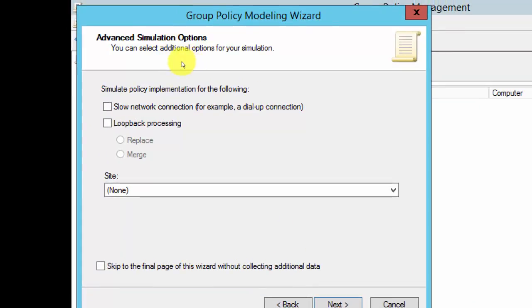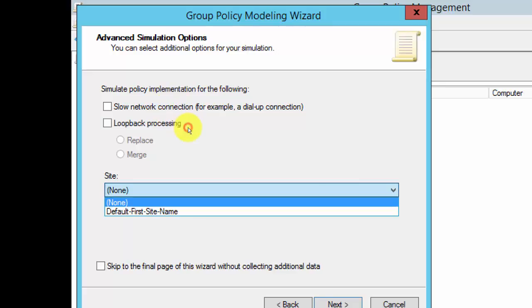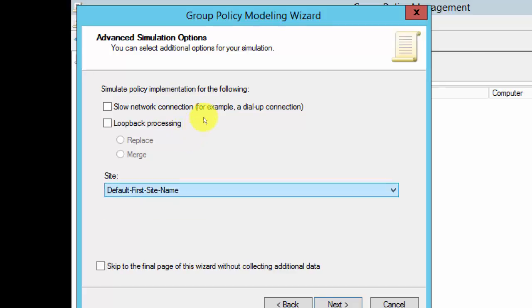processing, advanced simulation options. You can select additional options for your simulation. Simulate policy implementation for the following: slow network, loopback processing, or the site as well, right? So how do you implement on a slow network? Actually, when we say how, in the end, it is still showing you policies connected to the container in